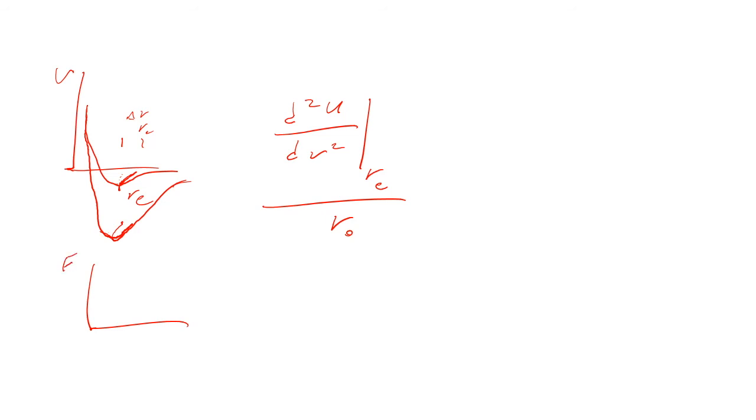Young's modulus is defined as the second derivative of our energy with respect to radius, d²E/dr², evaluated at our equilibrium radius. The first derivative of that, which is actually force, looks something like this. This is RE, and this ends up being the slope of that curve. And as the pair potential gets deeper and sharper, this slope increases,